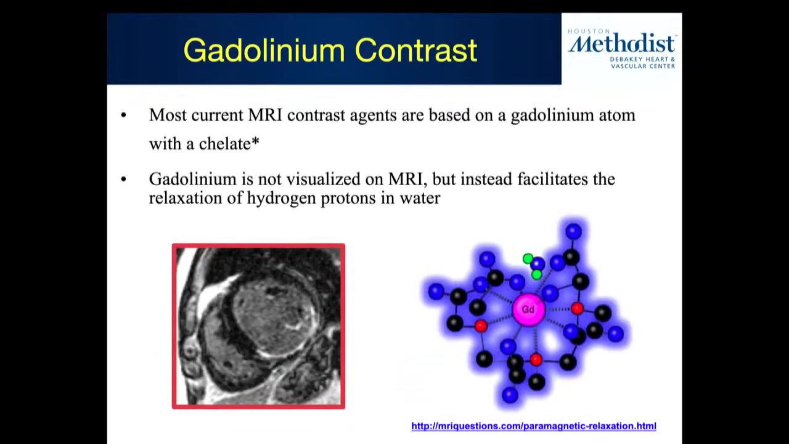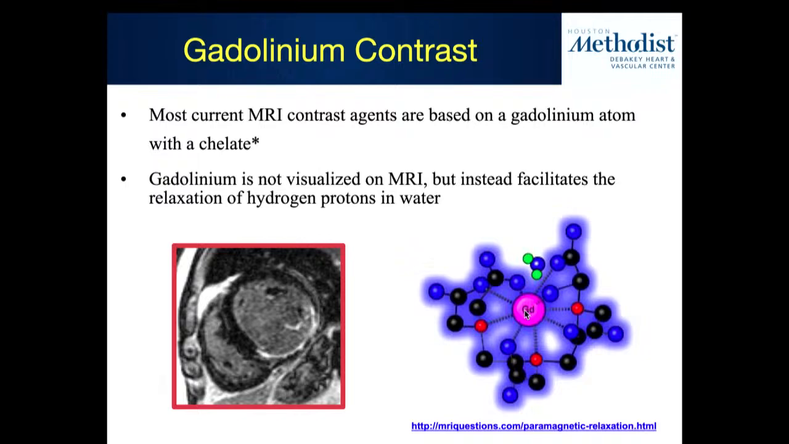Gadolinium is an element that is naturally found, but it's a rare earth element. It turns out that gadolinium has a certain effect on protons, which causes their rate of relaxation to increase. So it makes the protons, hydrogen atoms, relax at a faster rate. But gadolinium itself is actually toxic, right? So you can't just administer gadolinium to people. That's bad news. So the gadolinium contrast agents that we utilize have a chelate attached to them,